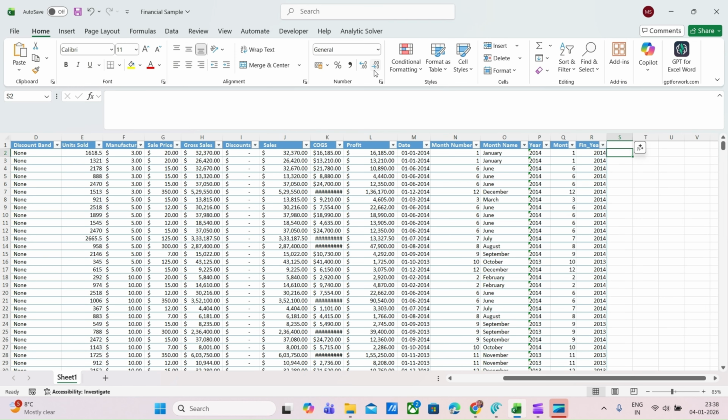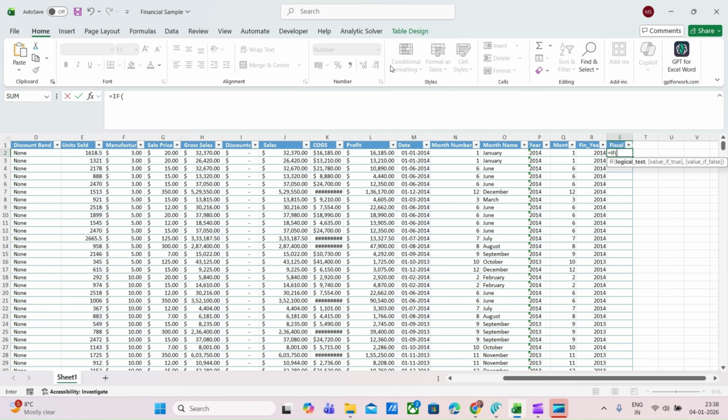Now I'll apply the formula here for fiscal year, equal to if month, I'll select the date here. Date equal to 4, comma fy,